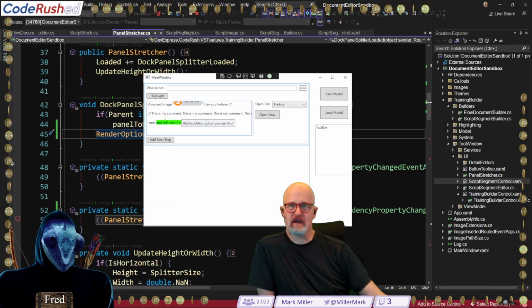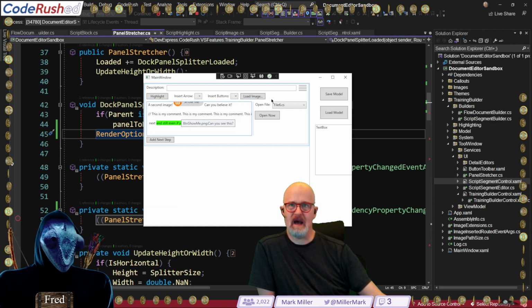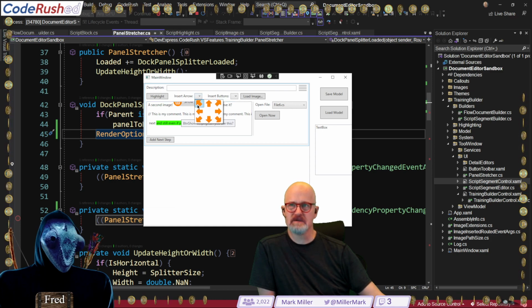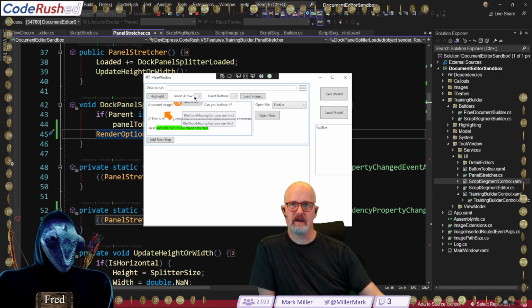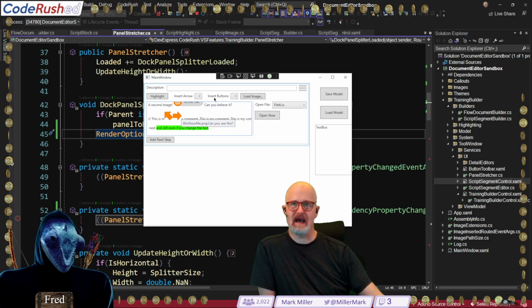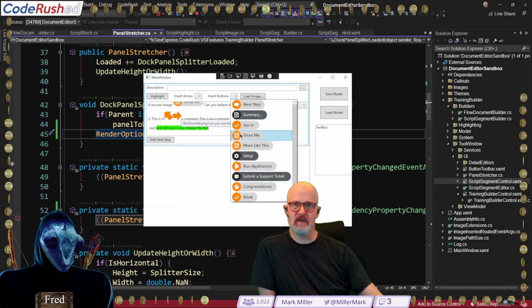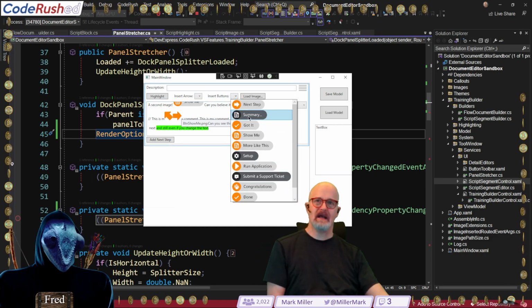Also, if I'm in a comment, these buttons across the top appear. And I can insert arrows, and if I do that, it'll throw the arrow in there, whatever one I'm inserting, like that. Same thing with the buttons. I can come over to the buttons and drop one of these pieces in. Now, each one of these...